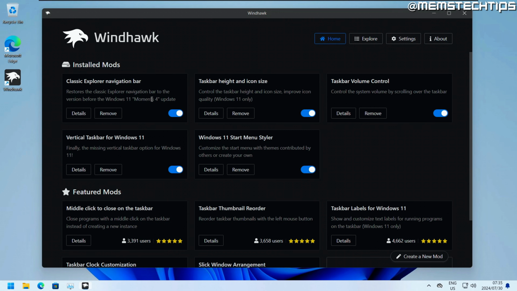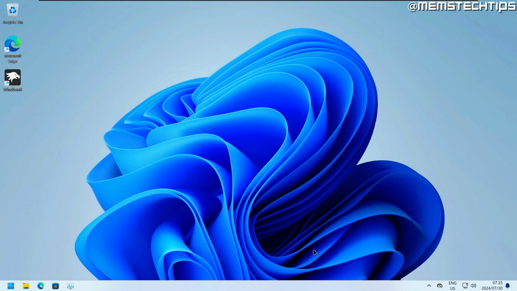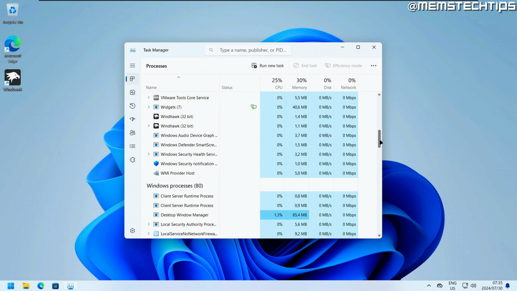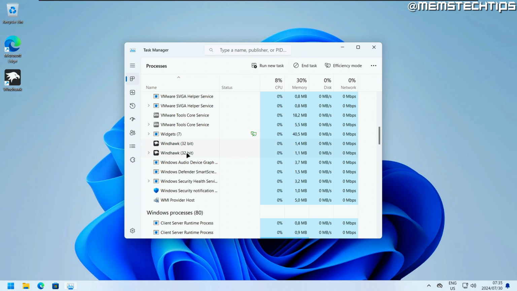And Windhawk will run automatically every time you launch your computer. You won't have to come and enable these settings every single time you launch Windows. Windhawk will just be running in the background. And if we have a look at the task manager here, it doesn't use a lot of resources at all